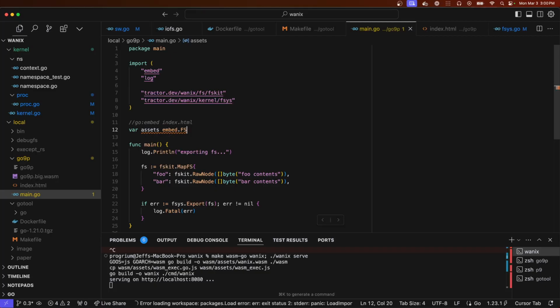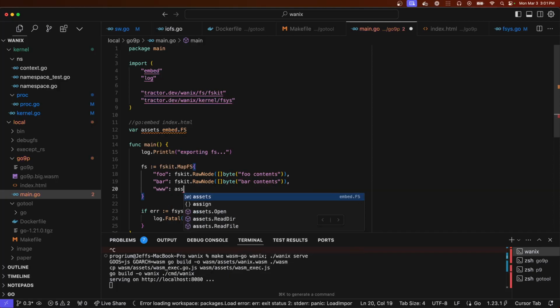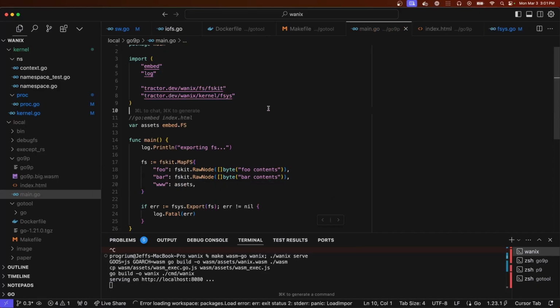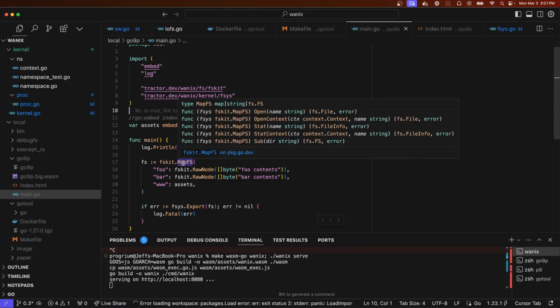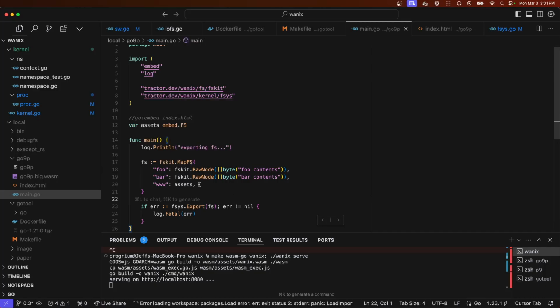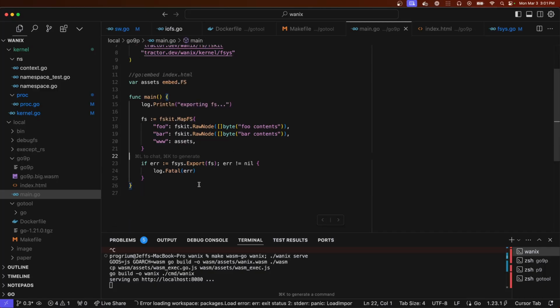And because it's a file system, we can just drop it in here. And yep.